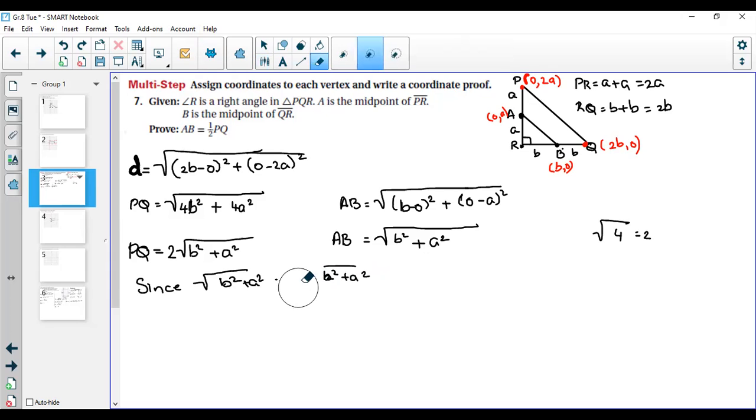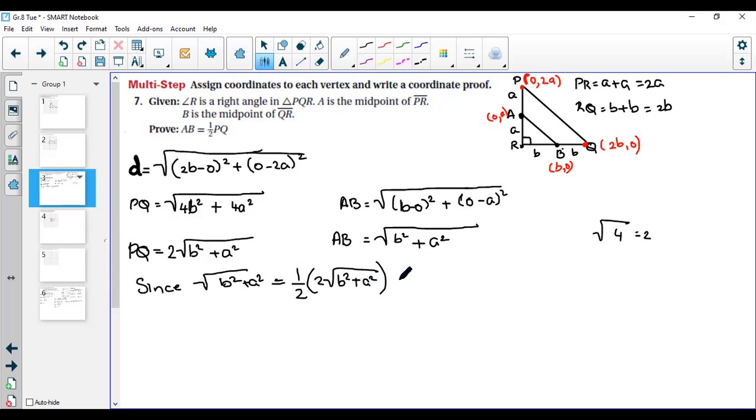Let me write it properly so that you will understand it better. So equal to half, in parentheses, because half multiplied by 2 the root of b square plus a square. Therefore, AB is equal to